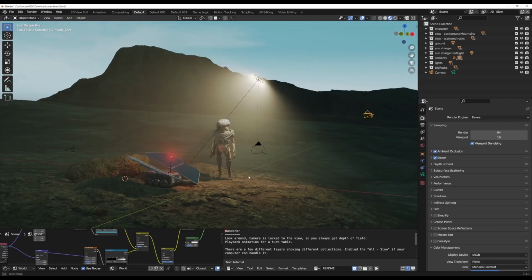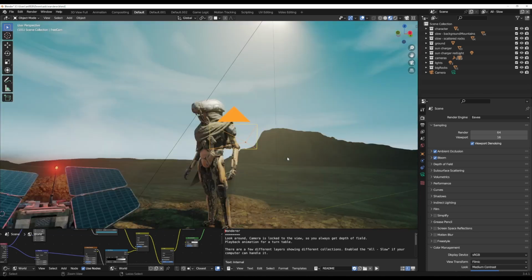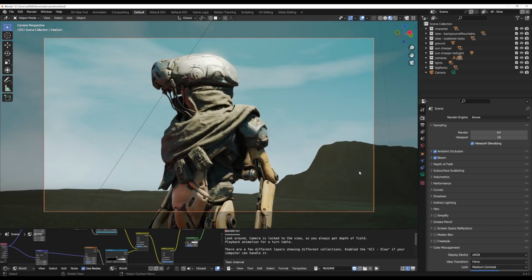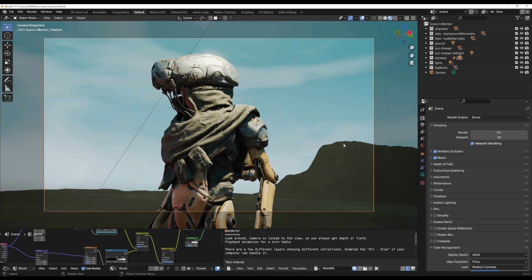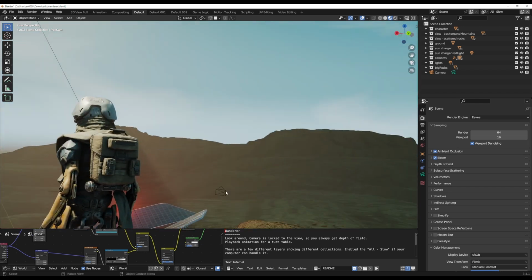Here's something from Bob that I really like, and it's an add-on I've been praying for a long time. You know how you select the camera and then you hold down Ctrl, tap 0 on the keyboard to switch to that camera, and then tap N on the keyboard and lock that camera to view? Well, that is something that you no longer need to do, as Bob has actually worked alongside ChatGPT to create